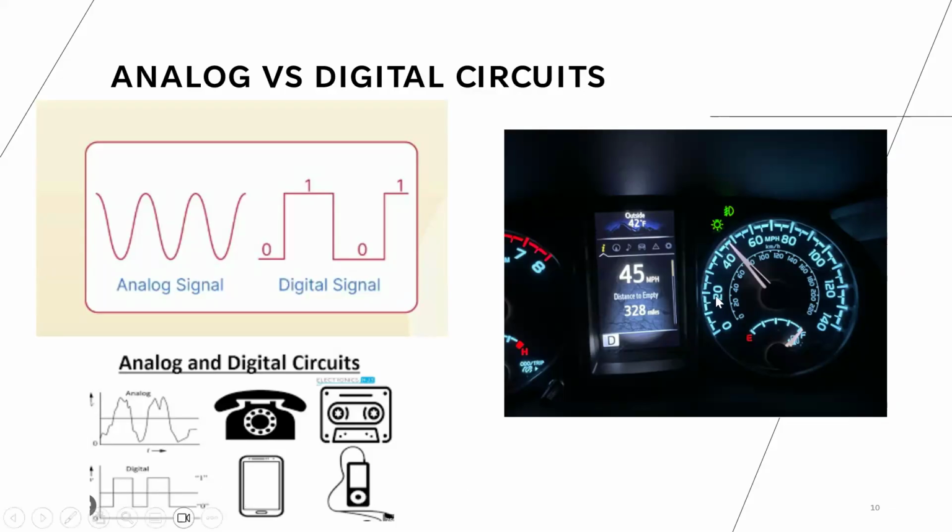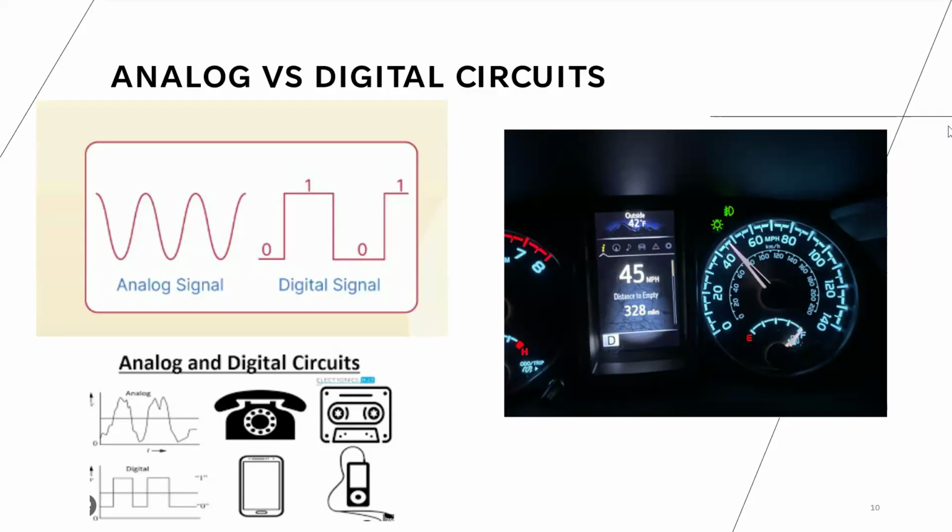So this is a good example of a car. In a car, how does the meter work? In your tyre there is a sensor. Then the needle keeps moving. Okay, as you spin the tyre faster, the needle keeps moving, a little bit at a time. But on a digital meter, if the speed is 45, it doesn't go from 45 to 45.5, 45.6, right? It becomes 46 directly, either 45 or 46. Okay, so